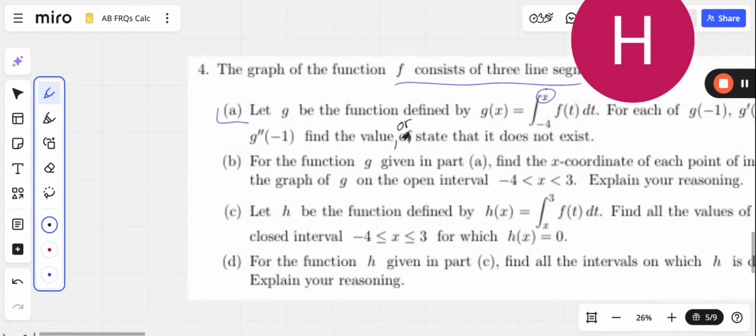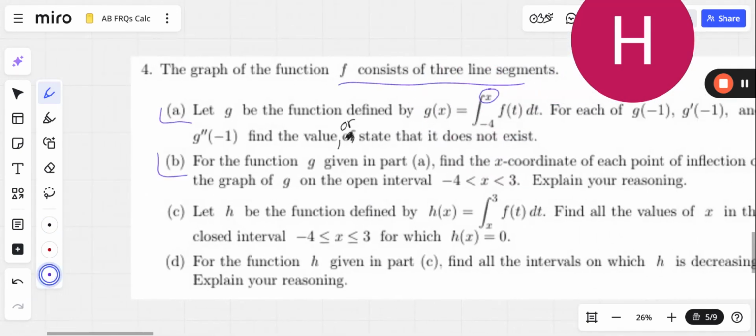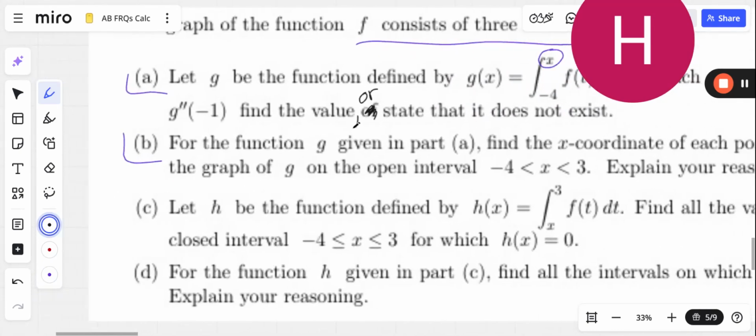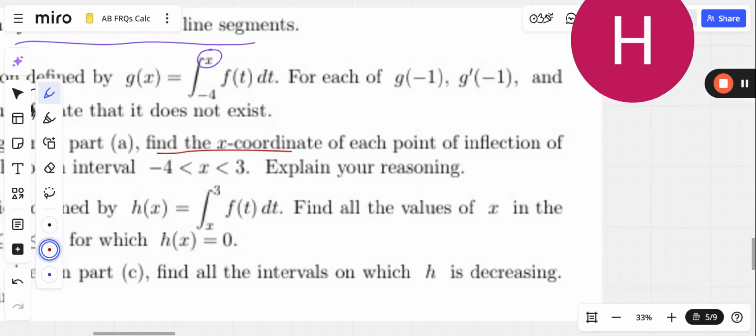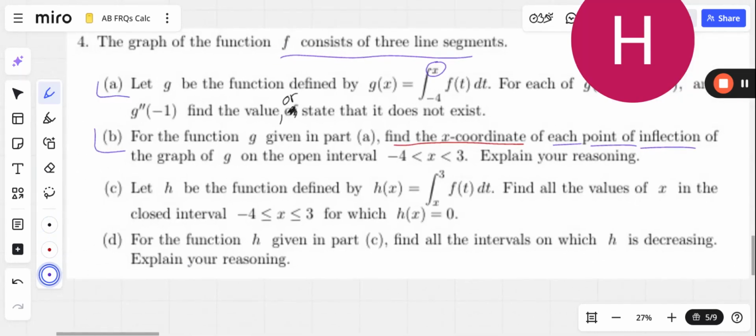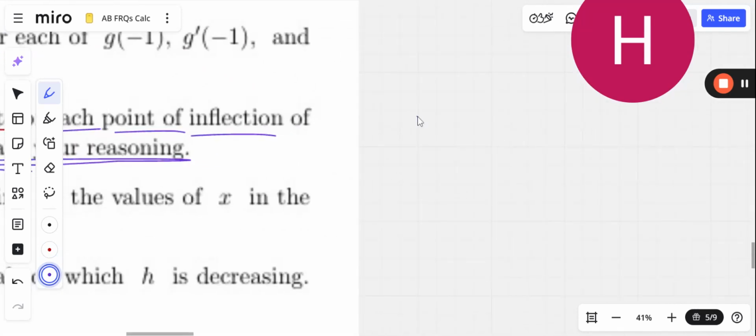Very good. Now there are 4 parts, so we've got to get moving, guys. For the function g given in part A, so same function, find the x-coordinate of each point of inflection of the graph on the interval from negative 4 to 3. Explain your reasoning. So we're actually going to do the explaining first. We're going to say that g, oh, rather I should say g has a point of inflection